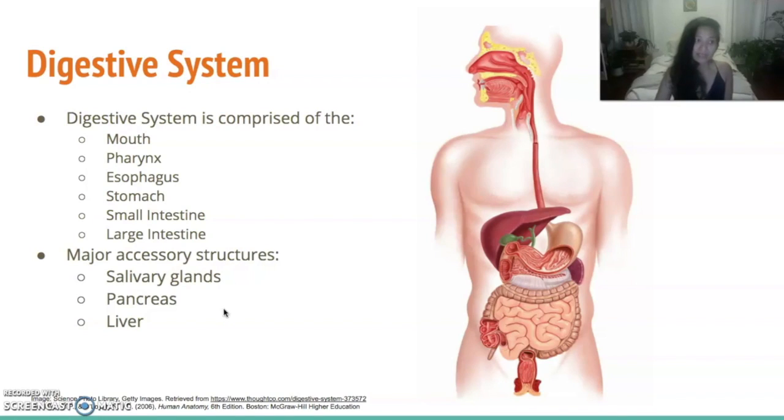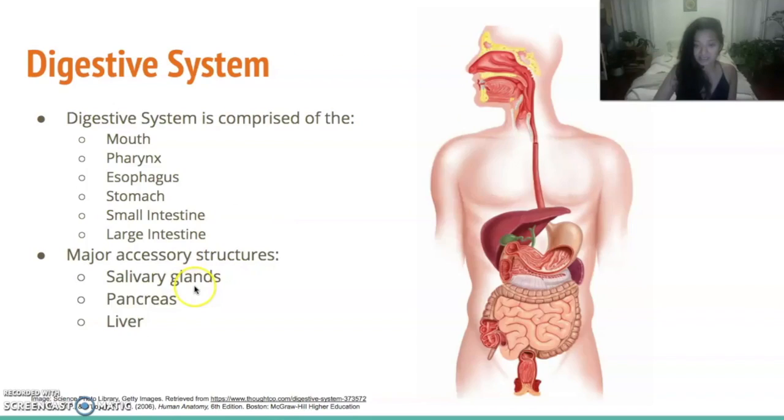And the main organs that make up the digestive system are the mouth, pharynx, esophagus, stomach, the small intestine, the large intestine, also the rectum and the anus. And it also consists of some solid accessory organs, such as the salivary glands, the pancreas, the liver, and the gallbladder as well. And these organs are not part of the digestive tract, but they play a significant role